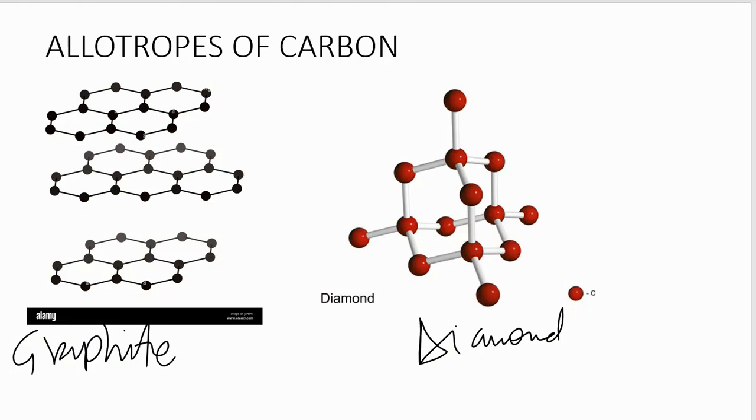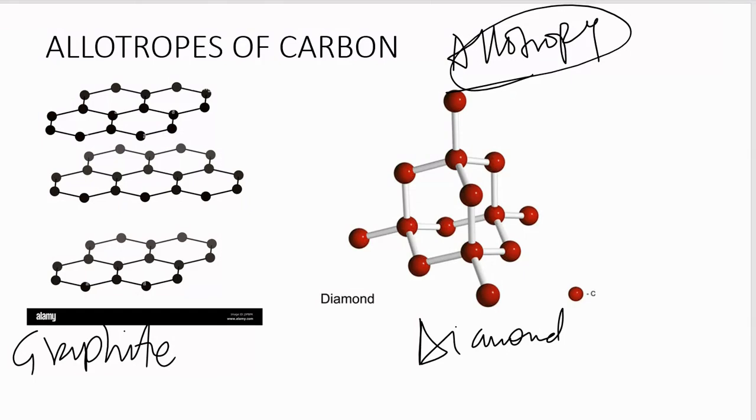Carbon and its compounds. We have allotropes of carbon. When we talk of allotropes and allotropy, allotropy is the existence of an element in more than one form. Like when we talk of carbon, for example, in our case, we are talking of the existence of carbon in more than